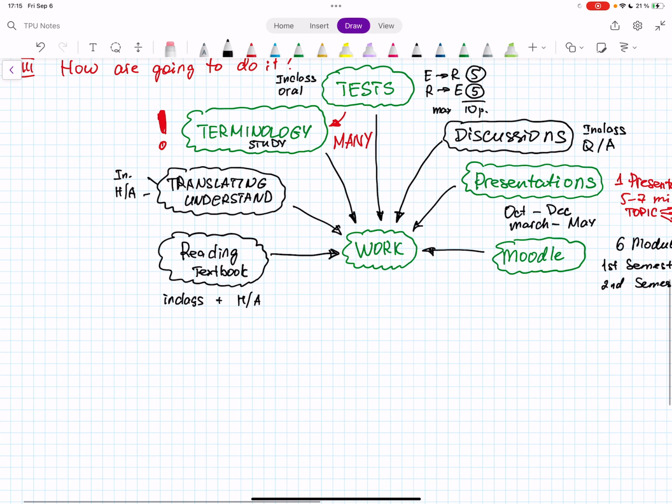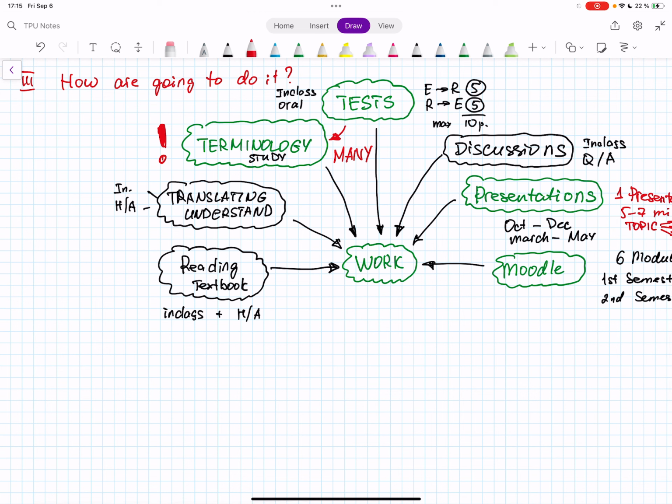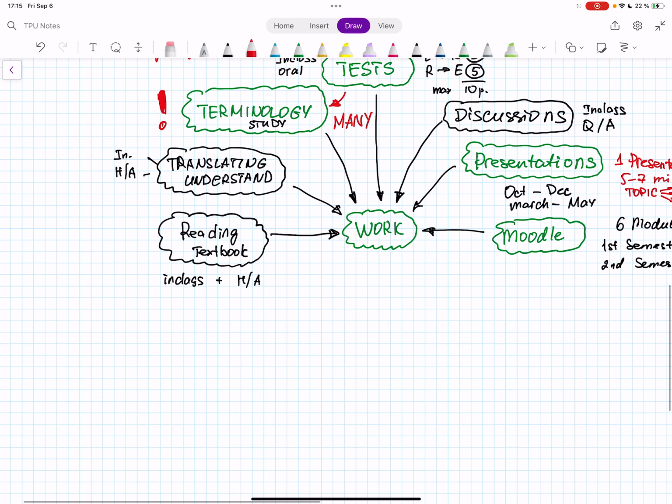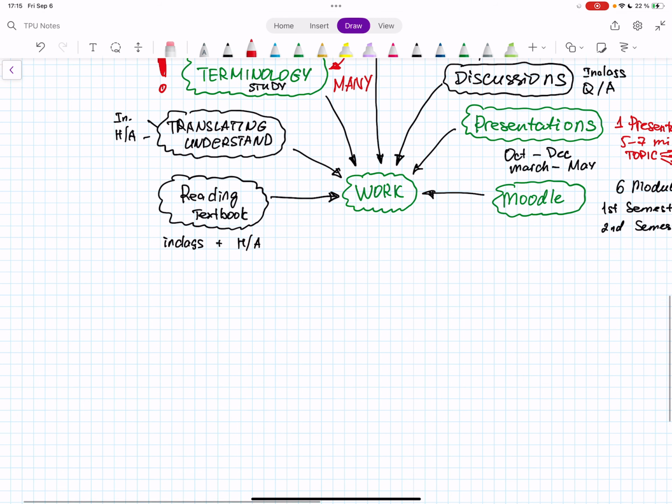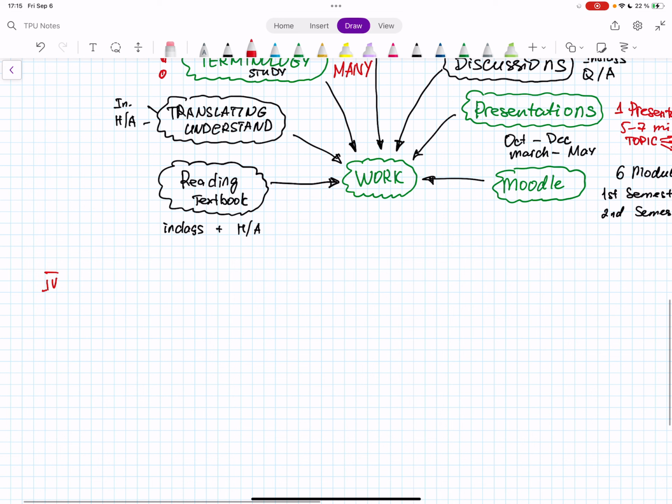Okay? So the next logical question would be, how am I going to get my pass? Or how will I make sure that I successfully complete this course? Okay, so this is question number 4. How to get a pass?